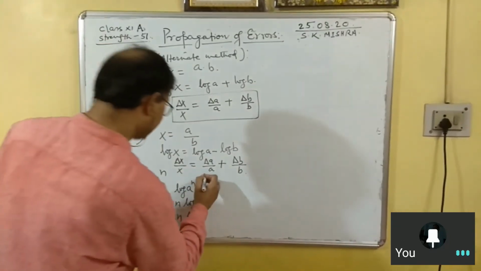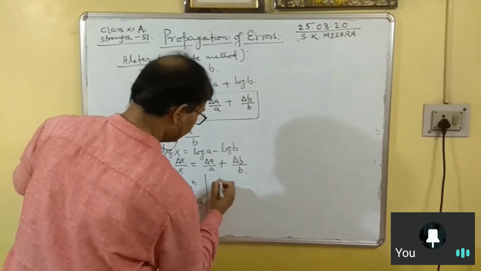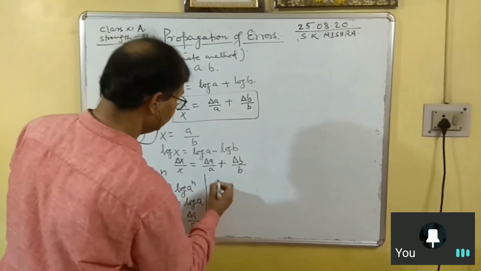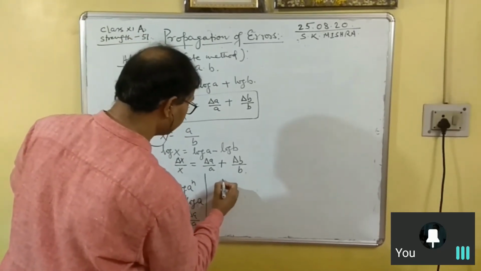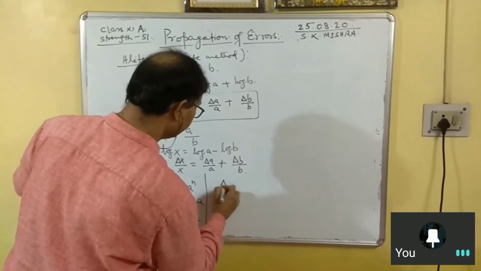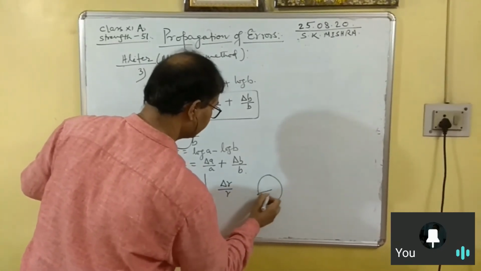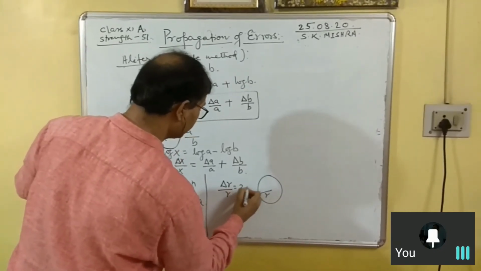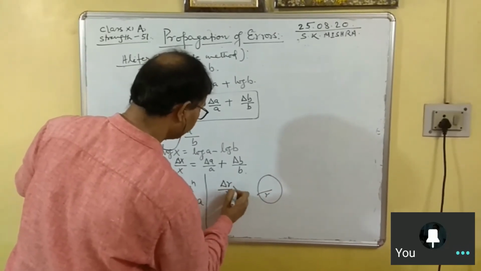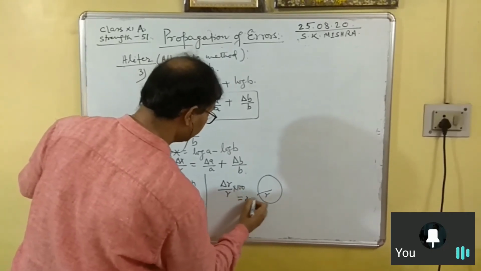As for example, we will solve some problem. If a student commits an error in measuring the radius of a sphere, the error comes to be 2%. So the percentage error in measuring the radius of a sphere. See, this is a sphere of radius r. So this is, suppose, 2%, into 100. You have to write into 100 also. Percentage error I am talking about, and this is equal to 2%.